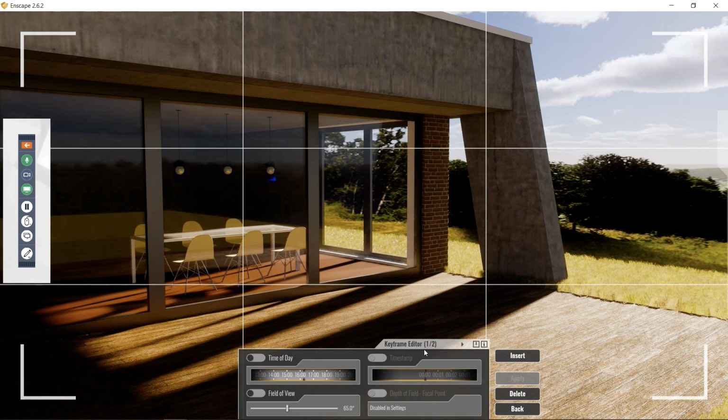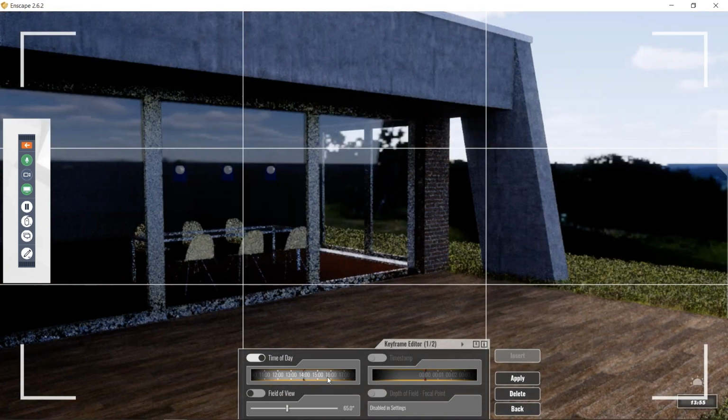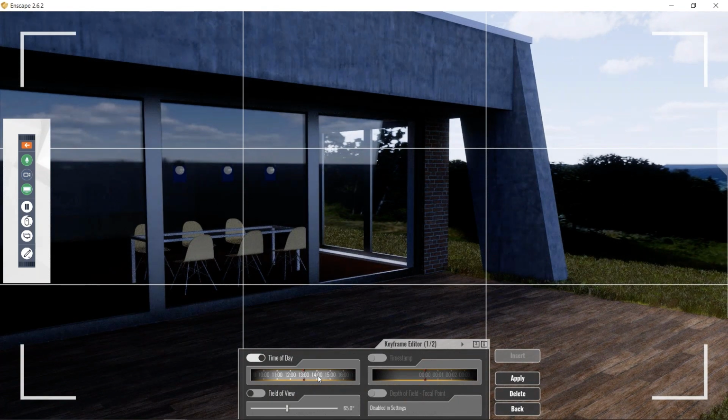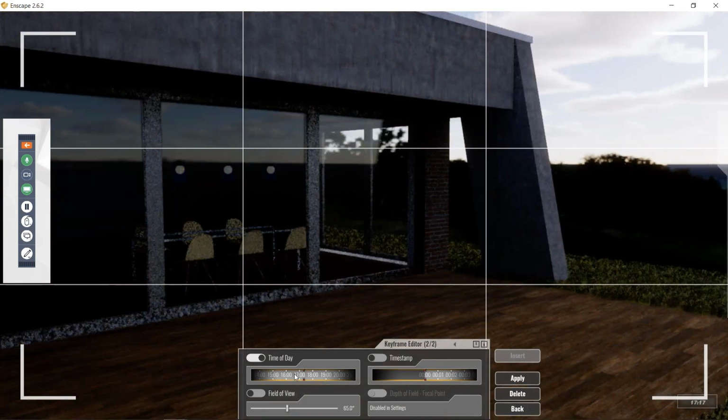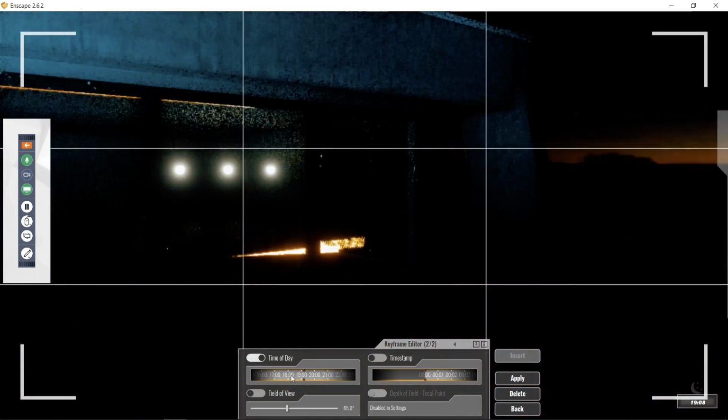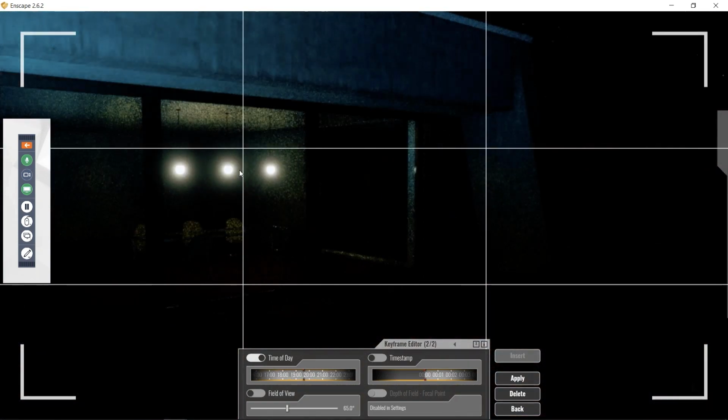So here I can start with the first frame that I want to have in the beginning of the video, let's say somewhere during midday, like this, and apply it. And then I can switch back to the second keyframe to add in until what time I want to have this particular time lapse. You see also, if I go back in the dark here, you will see the light fixtures that we just created